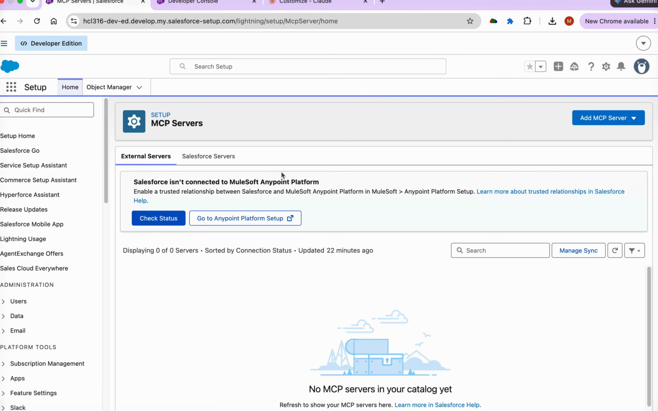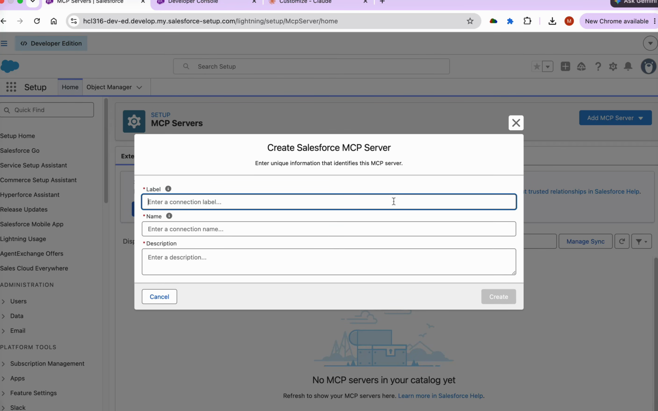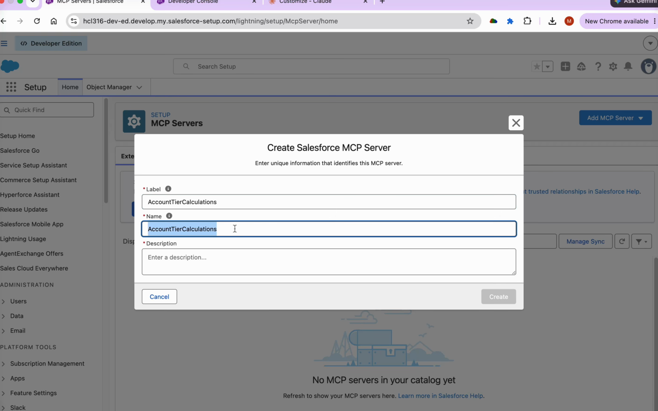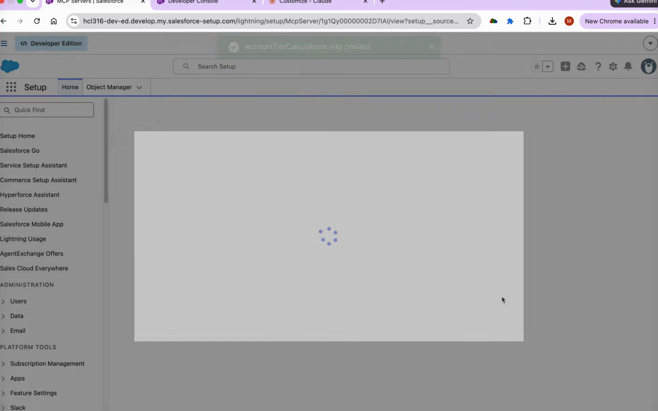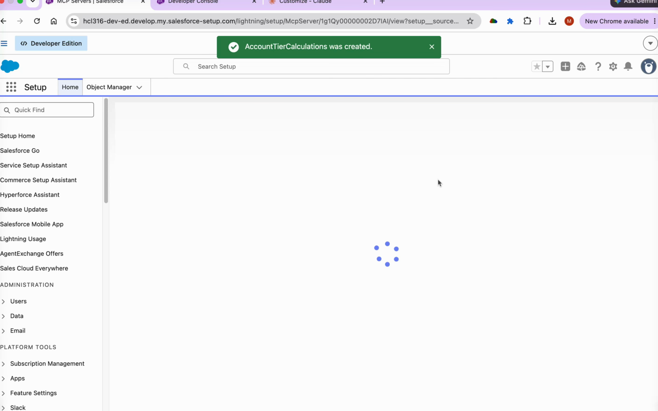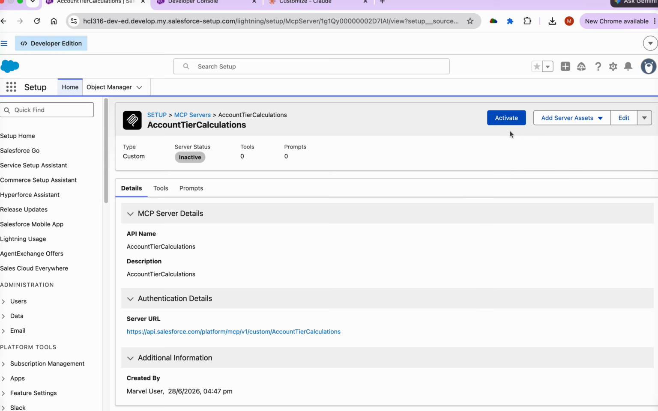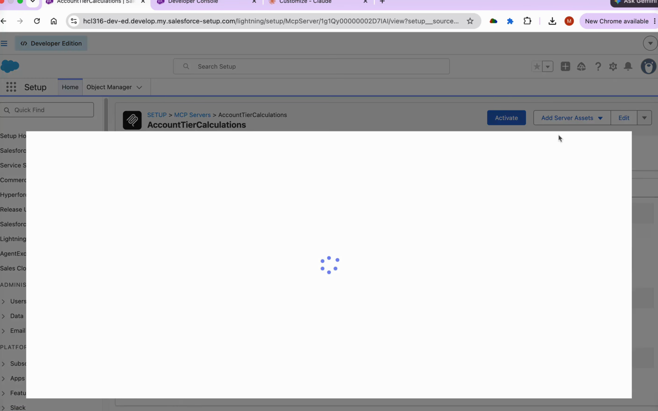Let's go to MCP server and try to create a new Salesforce MCP server. Let's call it account tier calculation. Okay, let's copy the same in the description. Ideally it should have a brief or better description, but this is just a placeholder. Now your custom MCP server will be created, but it is not going to be active right now. What we are going to do is first add a tool here,